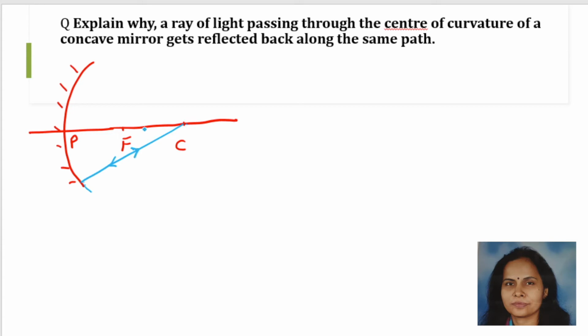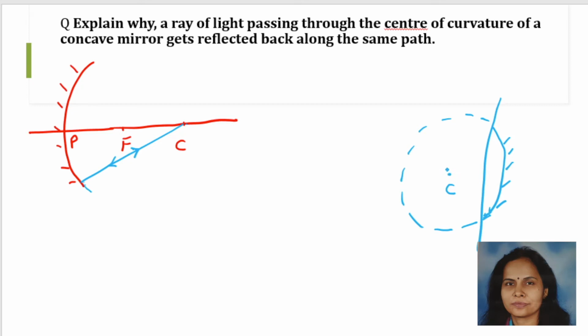In order to understand this, I'm drawing another concave mirror for you. Suppose this is your concave mirror, and as I told you in my video 1 that every spherical mirror is a part of a hollow sphere. So I'm making this hollow sphere for you, and suppose I'm cutting this hollow sphere from this side. So this is your concave mirror, right? And this hollow sphere has its own center. This center of the hollow sphere is actually the center of curvature of this spherical mirror, right? So this we have already done in video 1.